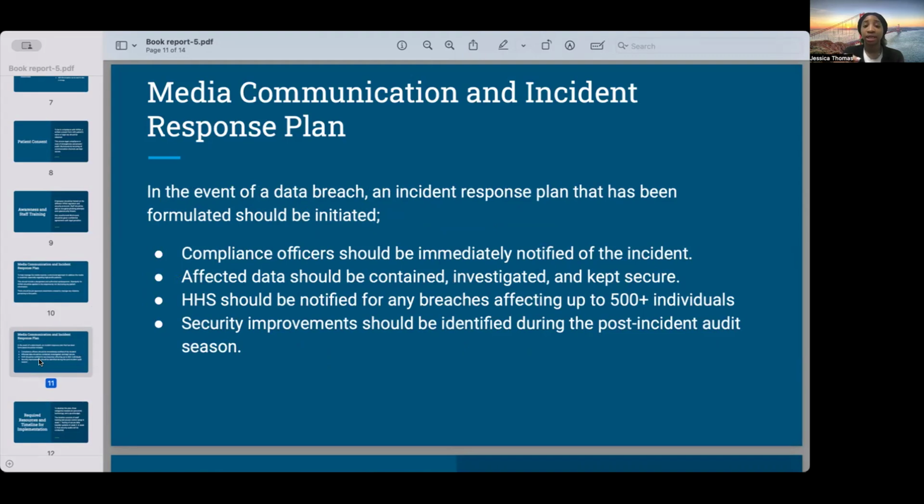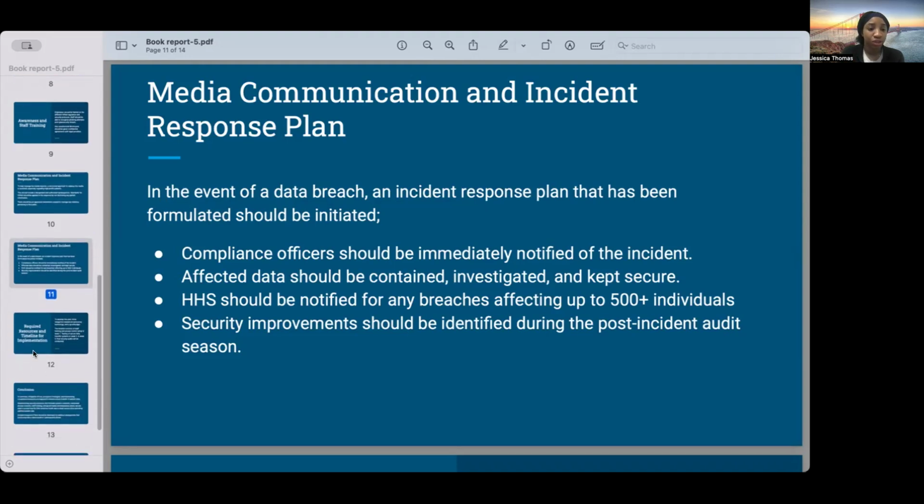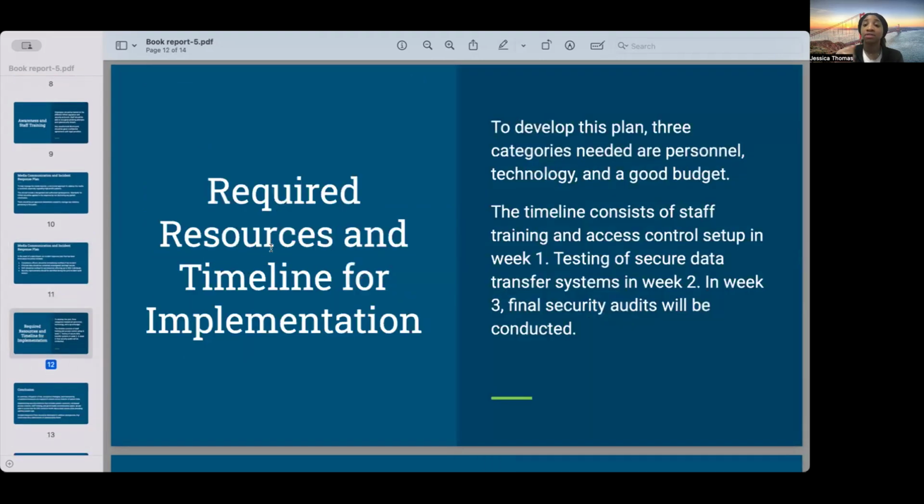And then the HHS should be notified, to stay within regulation, for any breaches that affect 500 or more individuals. And then improvements should be made to security during the post-incident audit session to ensure that kind of situation doesn't happen again. And to develop this plan, you're going to need personnel in terms of IT teams, healthcare providers,